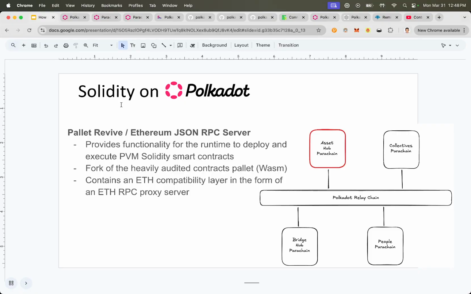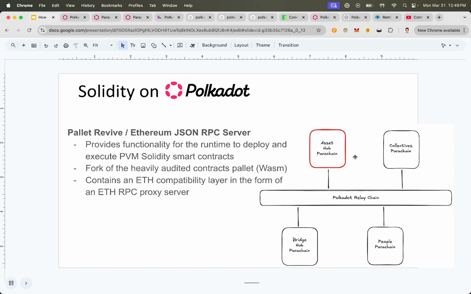It's pretty amazing. And what's going to allow that to be done on, let's say, Asset Hub, right? Asset Hub, for those of you who are familiar, it's built with the Substrate blockchain Rust framework, right? So all the parachains are built with the Substrate framework. And the Substrate framework consists of the node, or you can call it the client, right, that runs the blockchain. And then it consists of the business logic, which we call the runtime. So